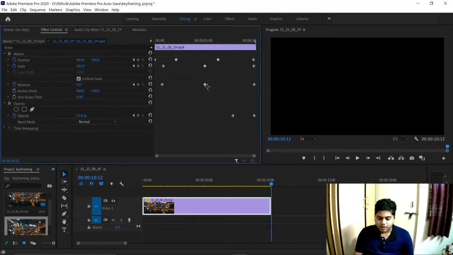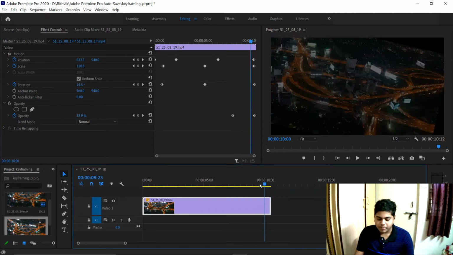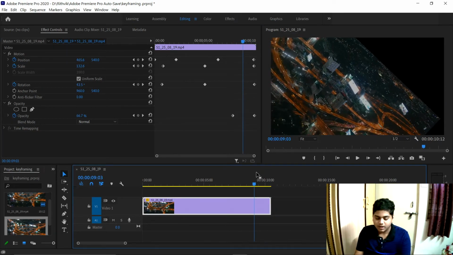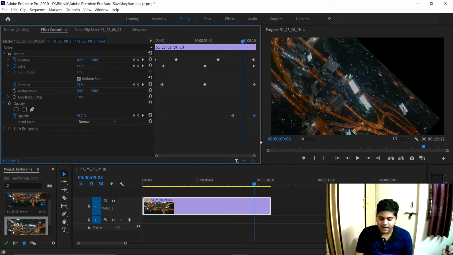So these are the spots. These diamond shape things are your keyframes, wherever you have clicked the stopwatch symbol, and all your changes would be appearing here. As I have told you, with the opacity, I want to change it since it's fading away before the picture comes in. I want it to fade away when the picture comes back to normal. So simply search for the opacity line. This is the opacity line, so just continue with this. These two keyframes are my opacity keyframes. This is the starting point and this is the ending point.